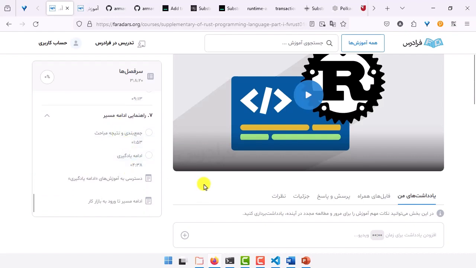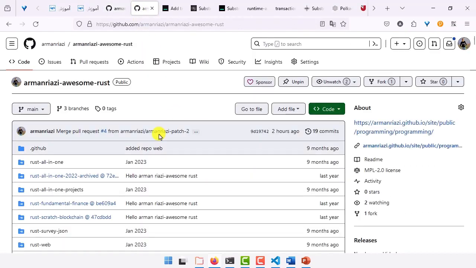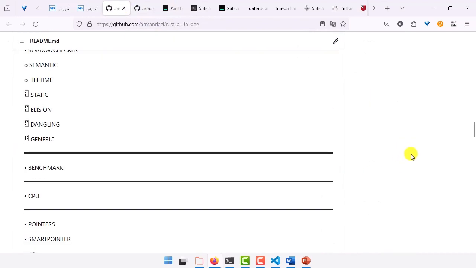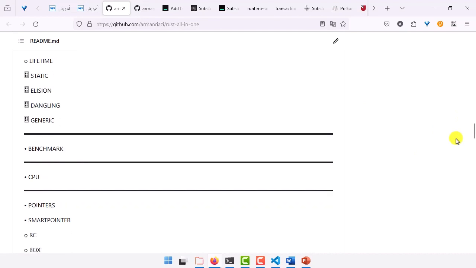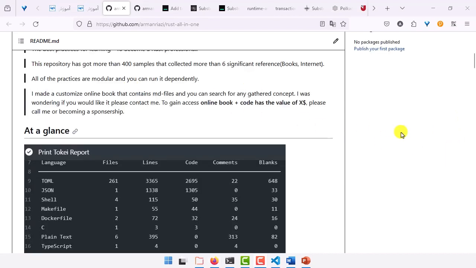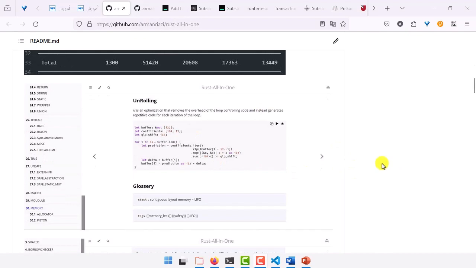And I also recently did part 3, and it's about traits and smart pointers. For those speaking English, you can gain access to my repository, Rust All-in-One, Arnold Riazi, and then you can find some materials in different sections.